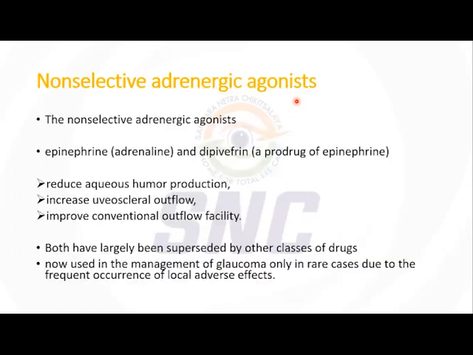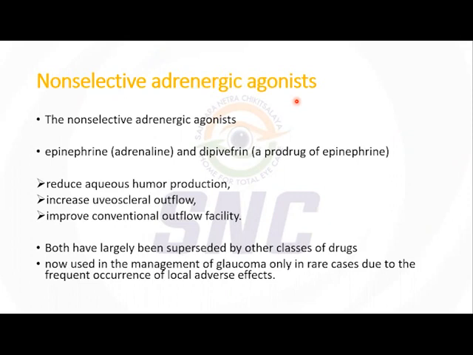Continue. Next, adrenergic agonists. First is non-selective: they are only epinephrine, that is adrenaline, and dipivefrin, which is a prodrug of epinephrine. They reduce aqueous humor production, increase uveoscleral outflow, and improve conventional outflow facility. But these have been superseded by other classes of drugs and are now used in the management of glaucoma only in rare cases